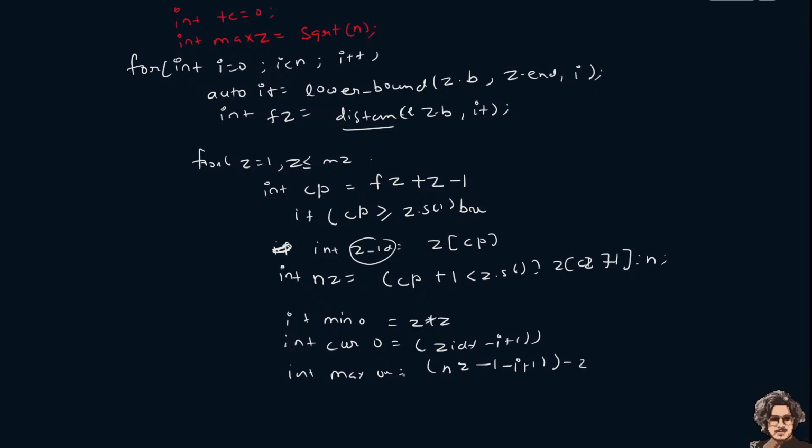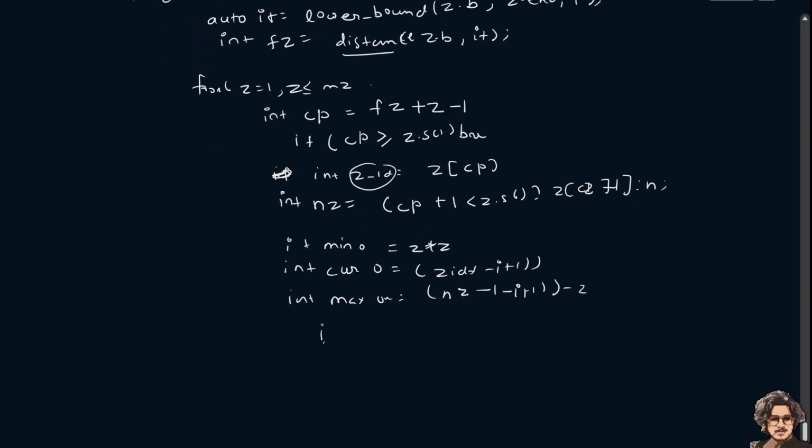Okay, so if we see that max 1 is less than min 1 required, then continue this condition. Okay, and what are the needed ones is equal to max of 0, min 1 required. Okay,